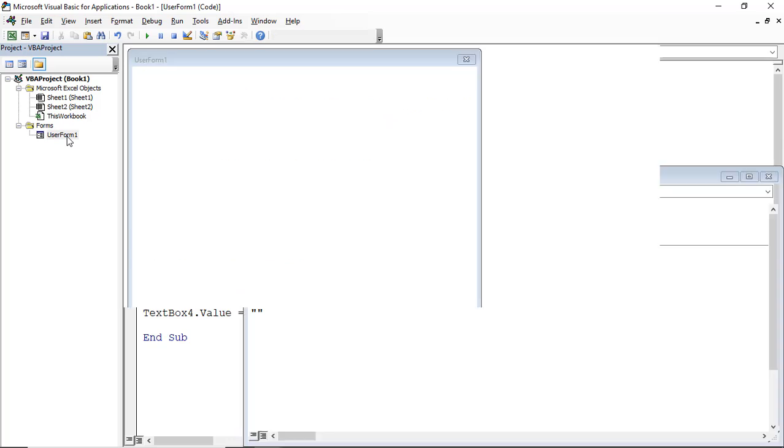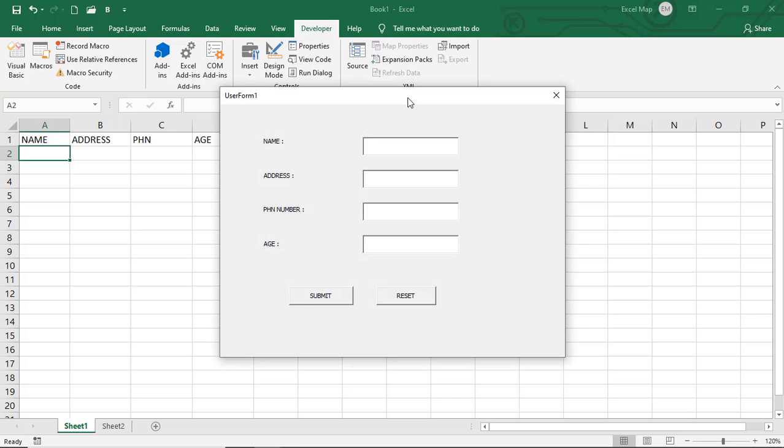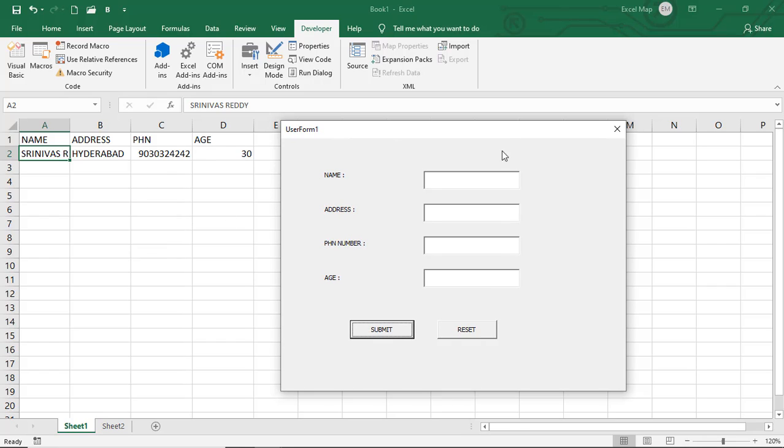Now go to the user form. Just you can run this. We got the user form, and you can type, for example, Srinivas and address and age, then you can submit. We got the data in Sheet1, and you can type manually as much data as you want. Say for example,